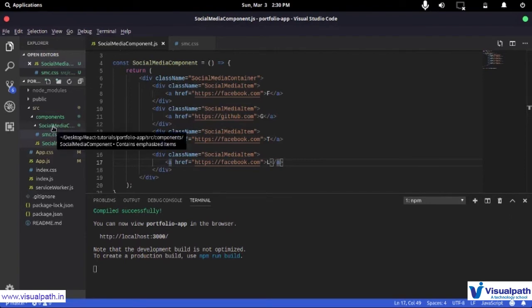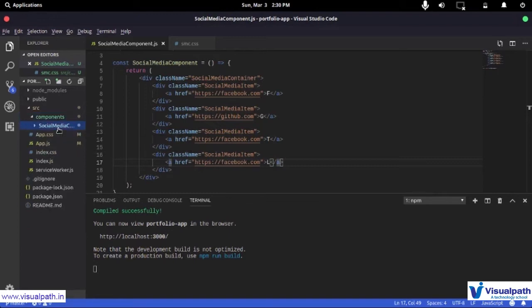Now you have multiple choices for creating this component. You could call it social media item component and place it directly under components. But this component will only be used by the social media component.